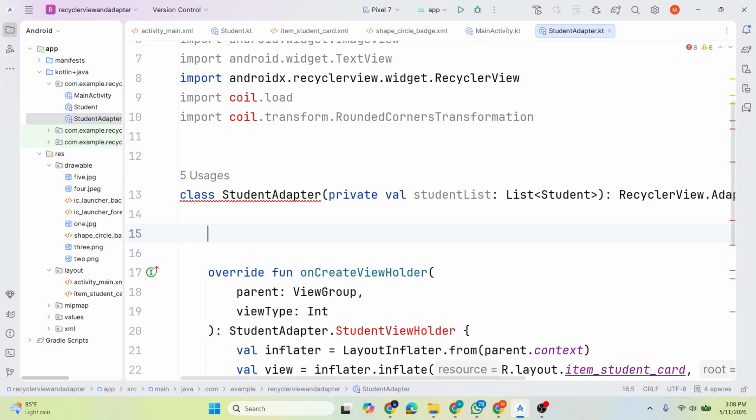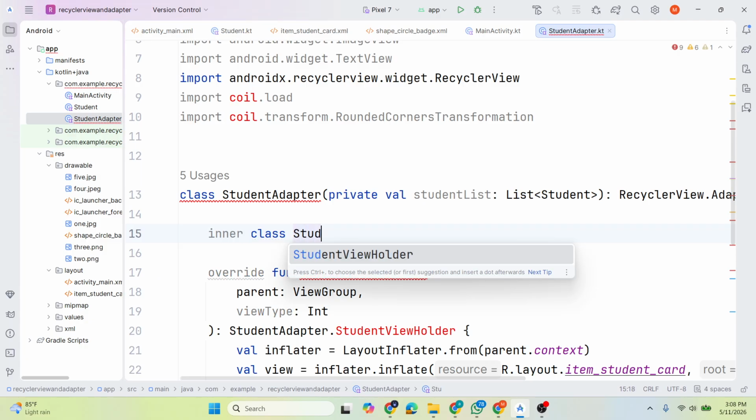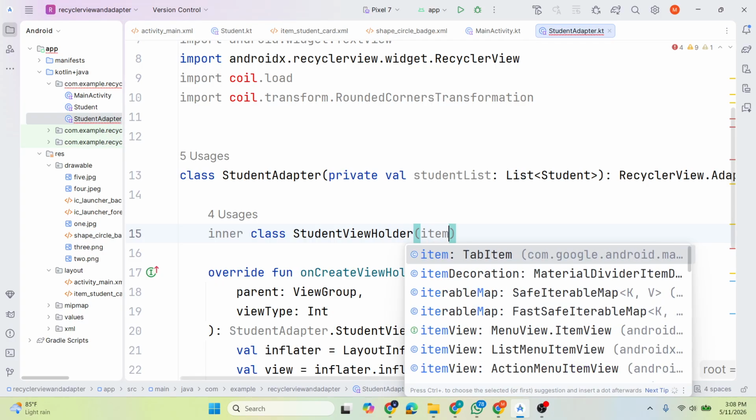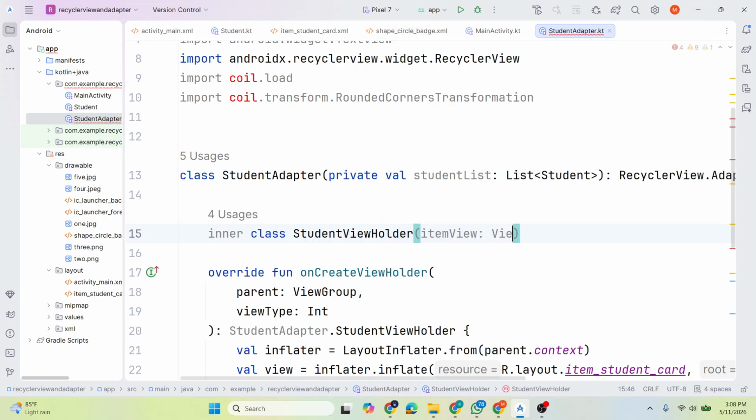Let us define this inner class. Here I'm going to write inner class student view holder, and we are going to say item view,